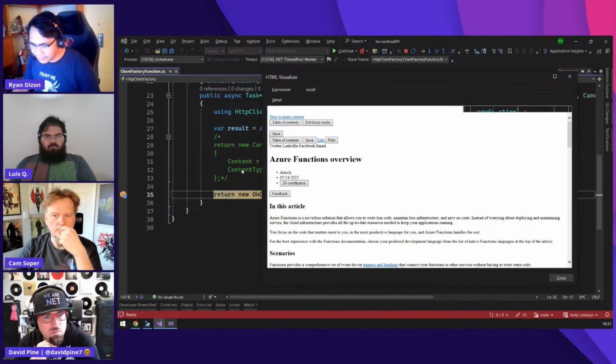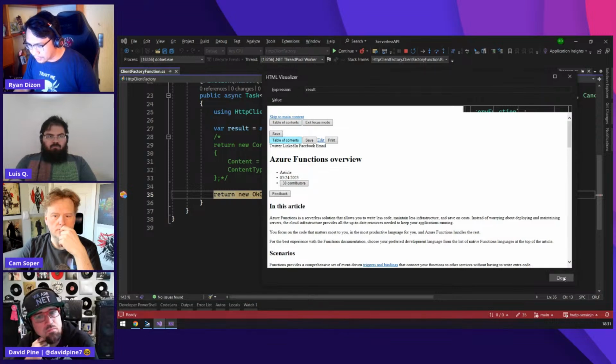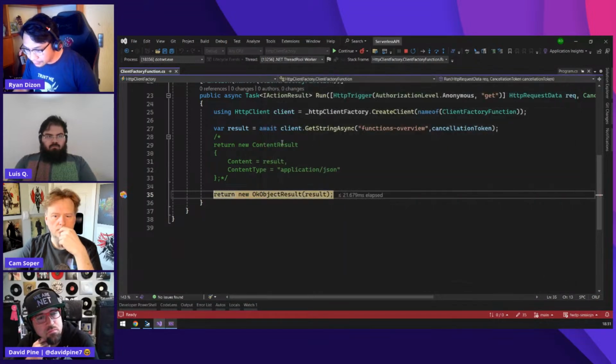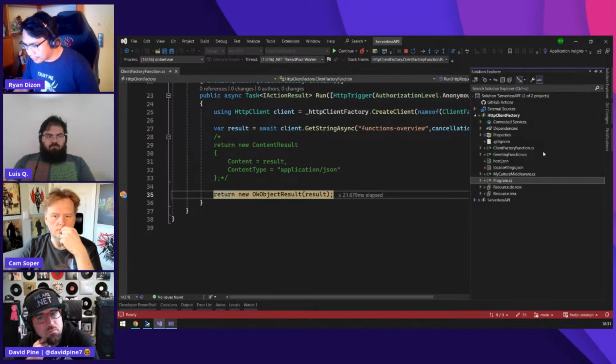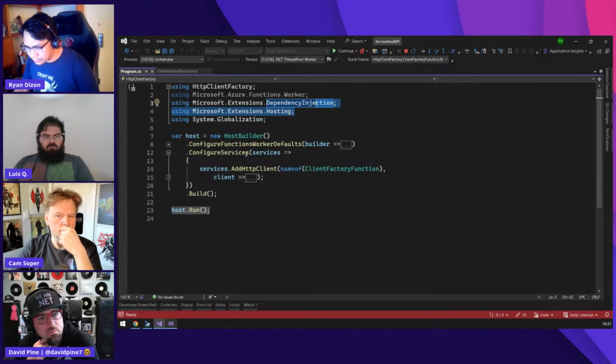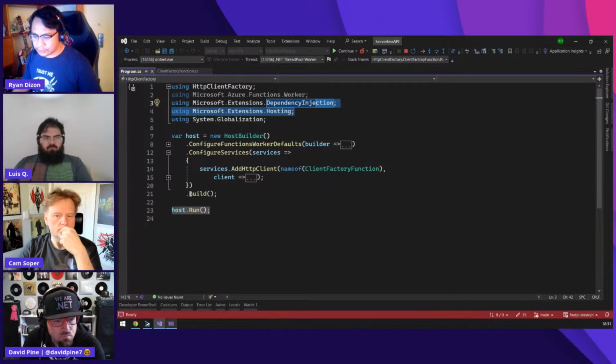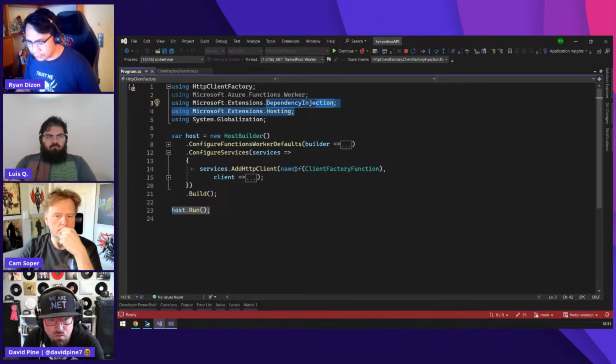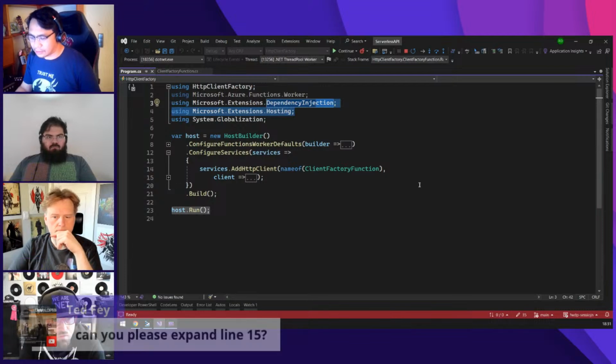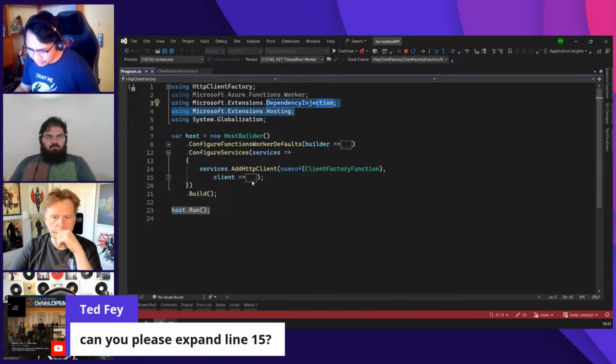by using the HTTP client builder. So let me just show this one. In this new version, you can take advantage of dependency injection. So in this example, I am using HTTP client where it just gets the content from the Microsoft documentation, which